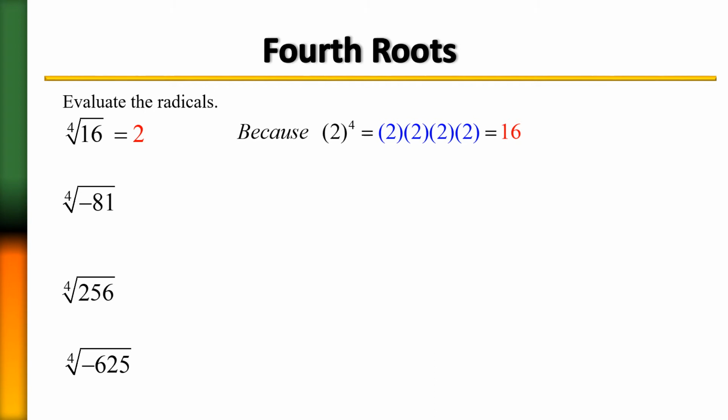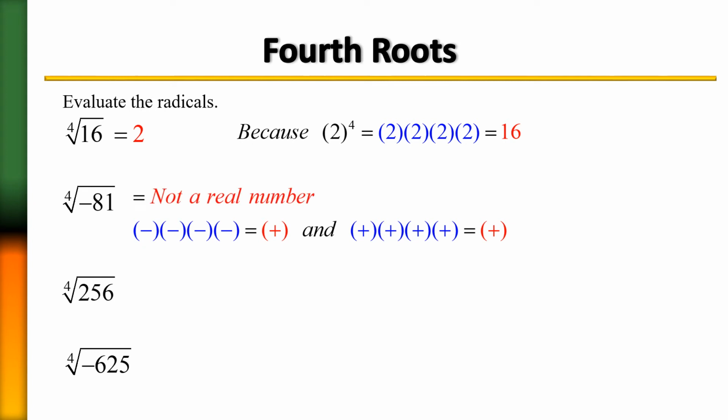What is the fourth root of negative 81? In other words, what number, when I multiply it 4 times, will equal negative 81? Well, I don't even need to think about those calculations, because this is an even root. With even roots, you're not allowed to have a negative under the radical symbol, so therefore the answer to this is